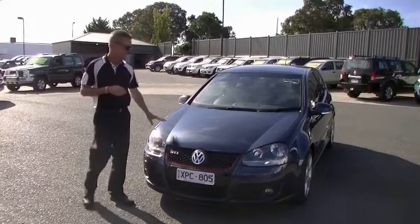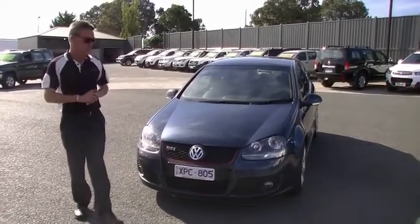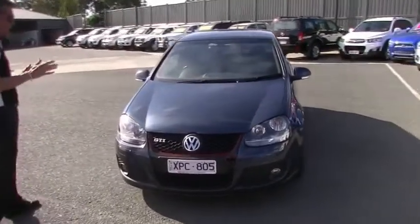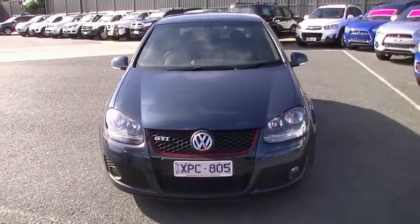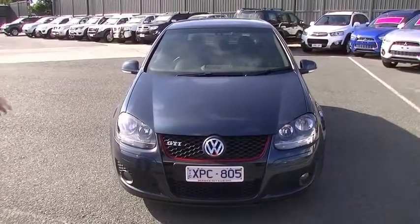I'm Mark and today I'm going to take you for a walk around our little 2009 model Volkswagen Golf GTI V 3-door hatchback. Locally owned little car, has just been traded into us. So starting at the front of the car, presents really well in a mid-blue colour, the distinctive red running through